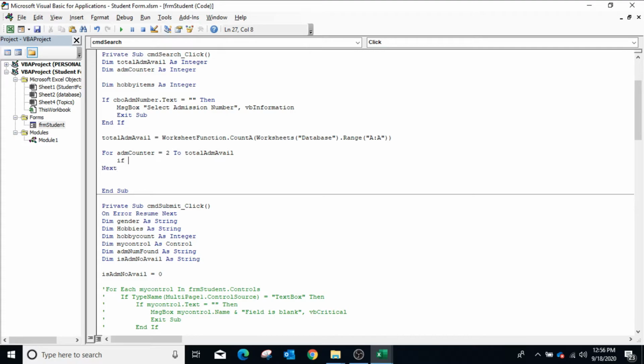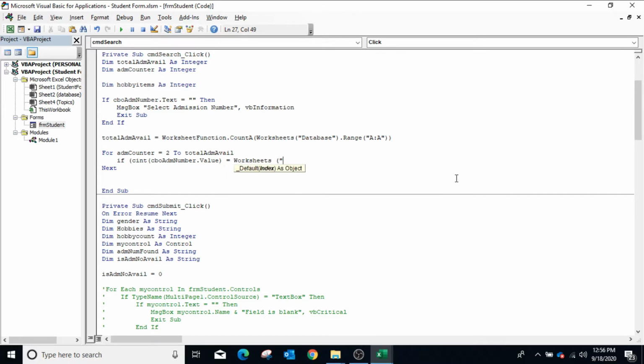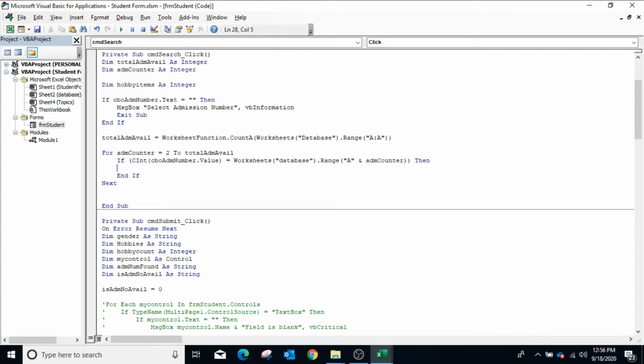Next, now if cint CBO admission number dot value equals to worksheets database dot range A ampersand ADM counter, then end if.